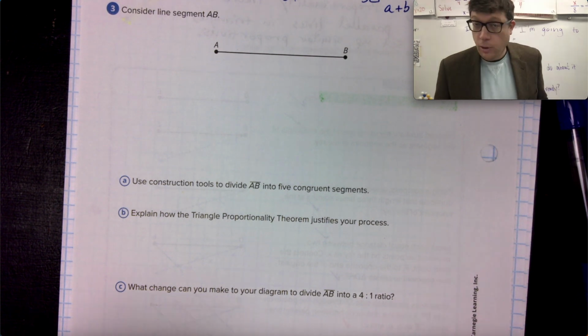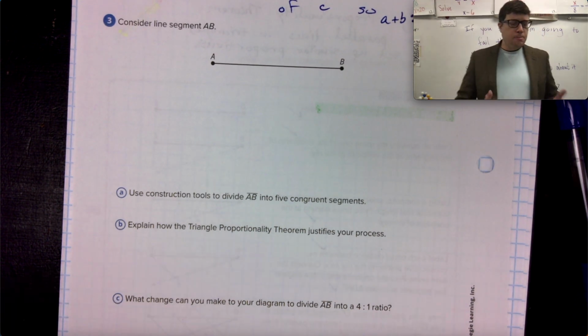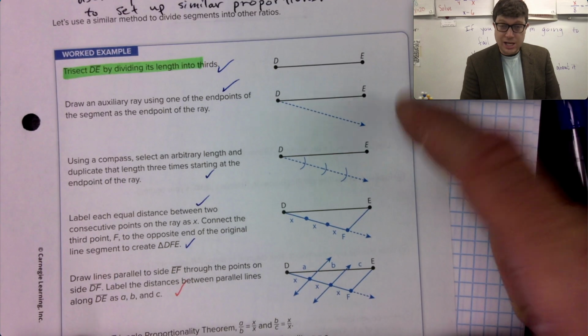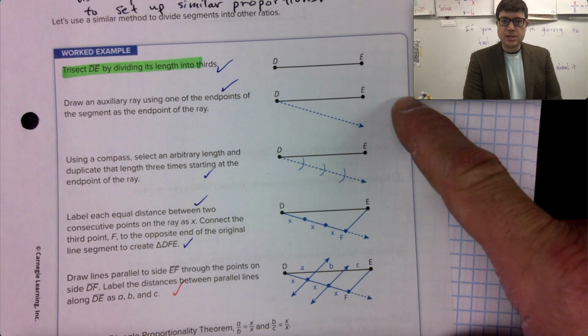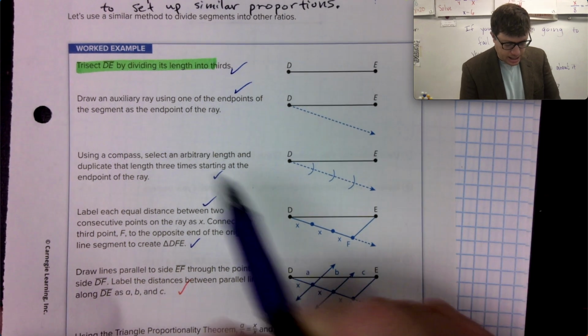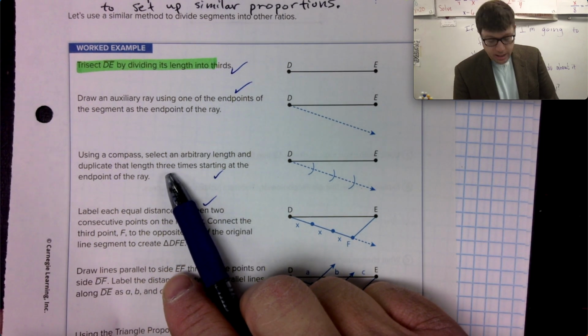Or a 1-to-4, right? So maybe right here, you should pause the video. I'm going to say you should go back and try to use these steps. And I guess the only change, if you think about it, is that instead of 3 arbitrary lengths along, you need to make